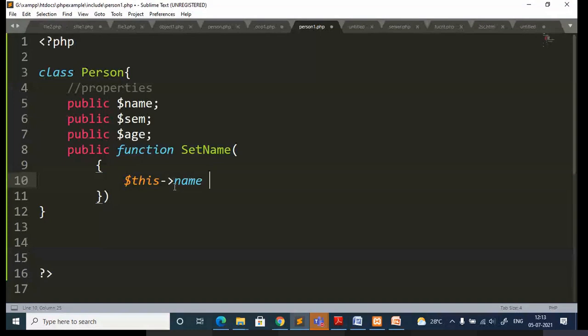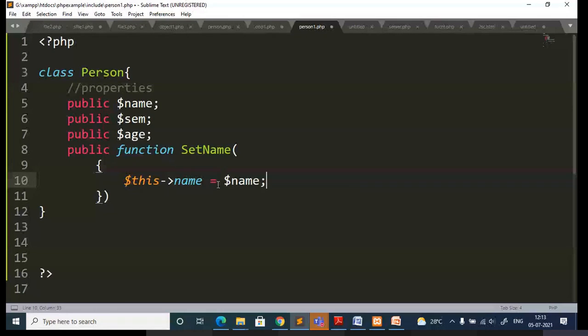You should not use the dollar symbol when you are specifying it as a property, though it is still referring to the variable. When you are specifying it as a variable, you have to specify dollar followed by the name of the variable. So here dollar name, I'm just going to assign the value that is stored in dollar name.